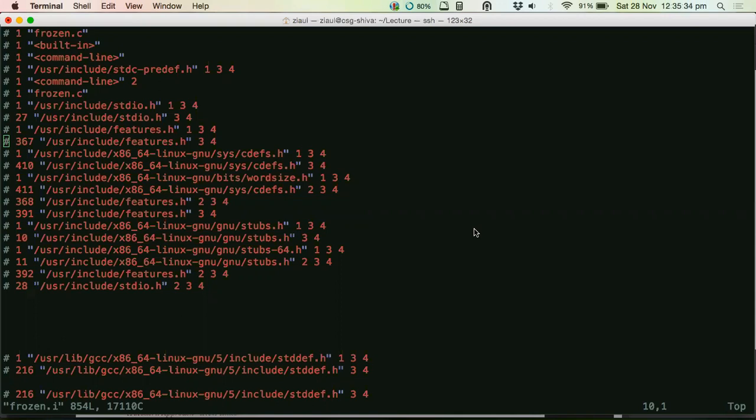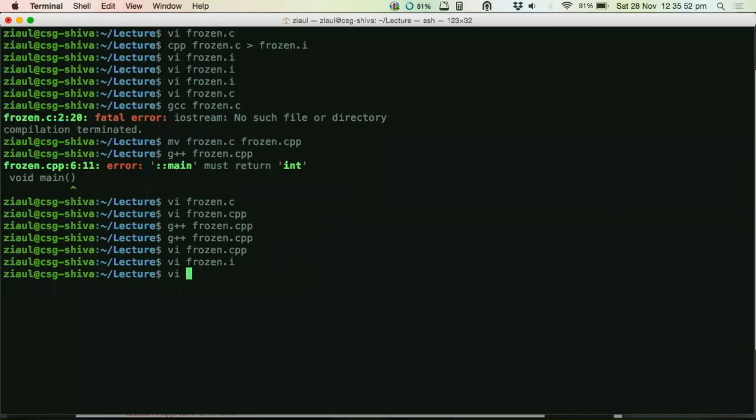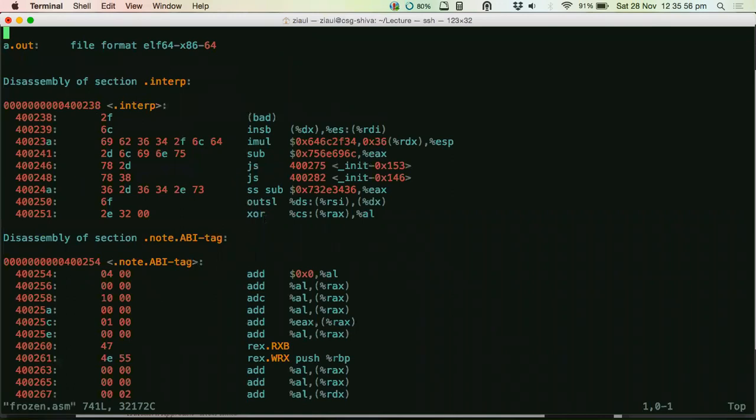So, when you go for x86, right? I didn't get this question asked in the previous batch, so I guess, yeah, you asked, so I'm giving you the answer. This x86_64 stands for what kind of instruction your machine understands. So just go back to this frozen.asm. These instructions here are x86 assembly instructions.